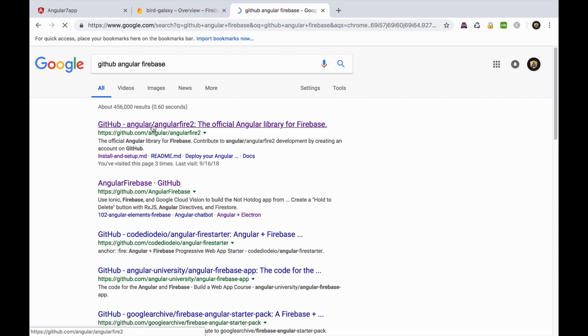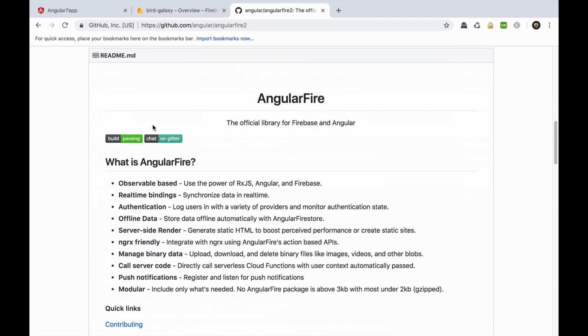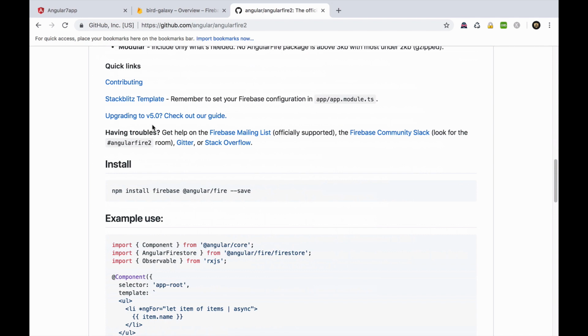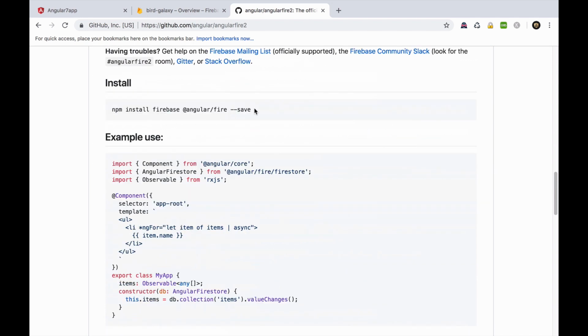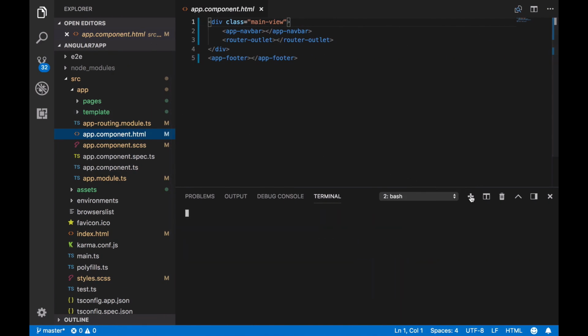We're just going to head over to the official GitHub page of AngularFire, and here we're going to follow the official installing information. Perfect, right there we have the install instruction. We're just going to copy this line to get this package into our project.